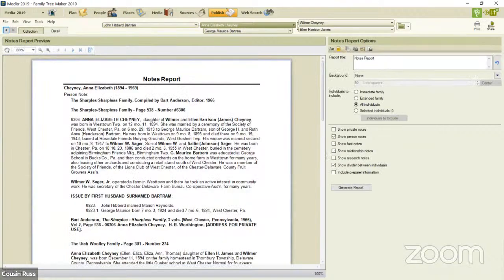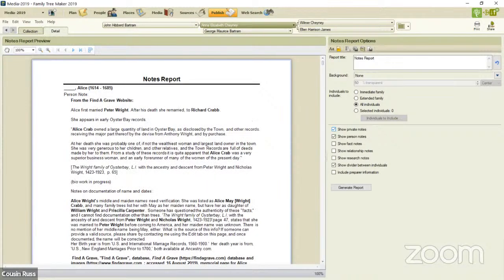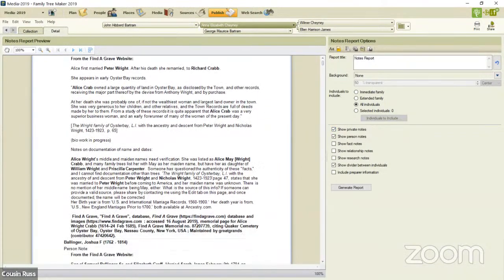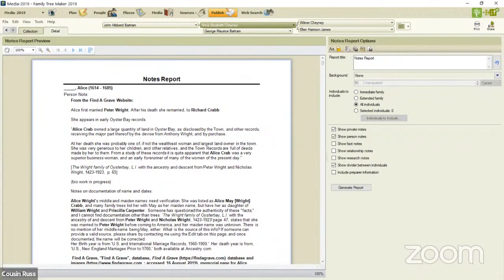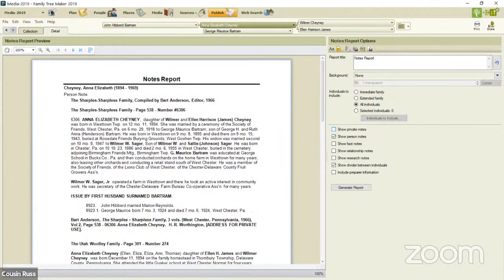So there are the notes for Anna, and there's only 2 pages, but I'm sure that I have more notes than that. So I want to see how many people do have notes, but I've already made them private ahead of time, but I'm going to deal with Anna here for you live. So I'm going to show private notes. There are 40 pages of private notes. That's not the number of people who have private notes, but there are 40 pages of private notes. I'm going to hide the private ones I've already marked,